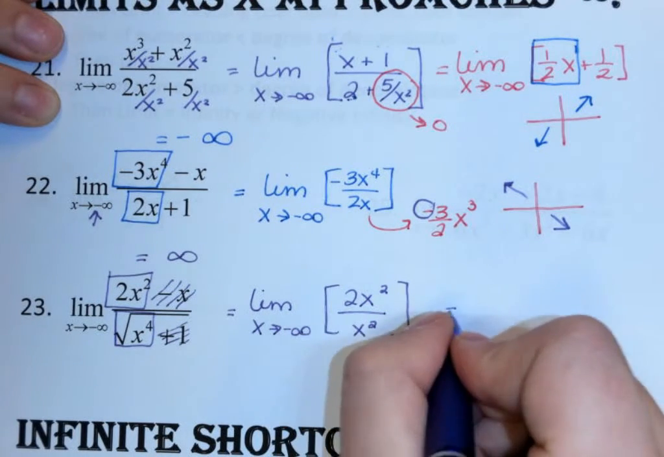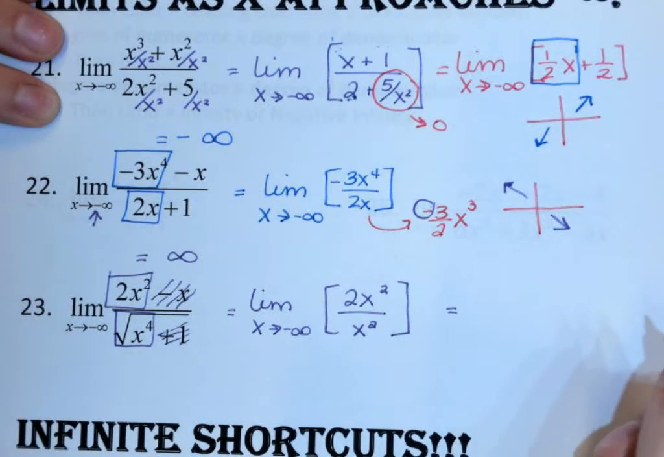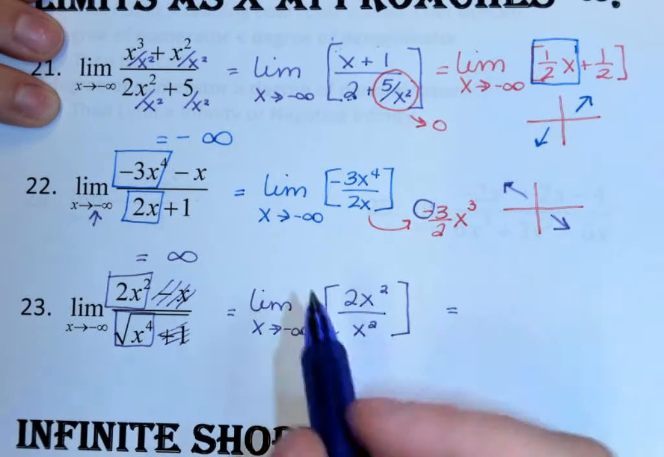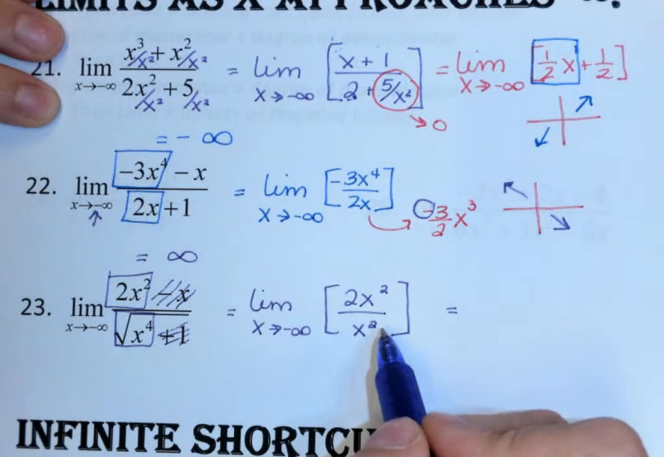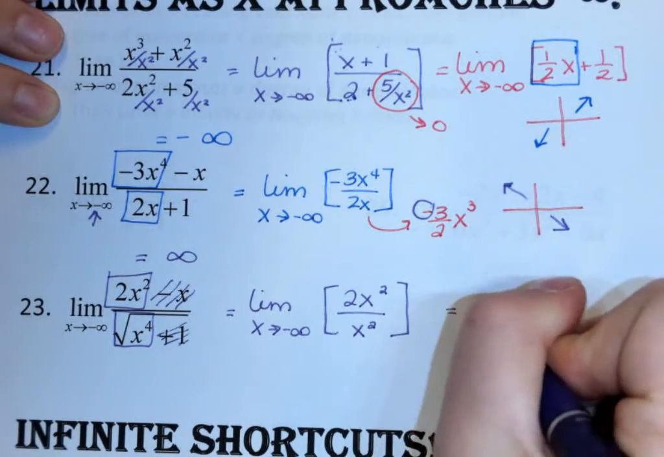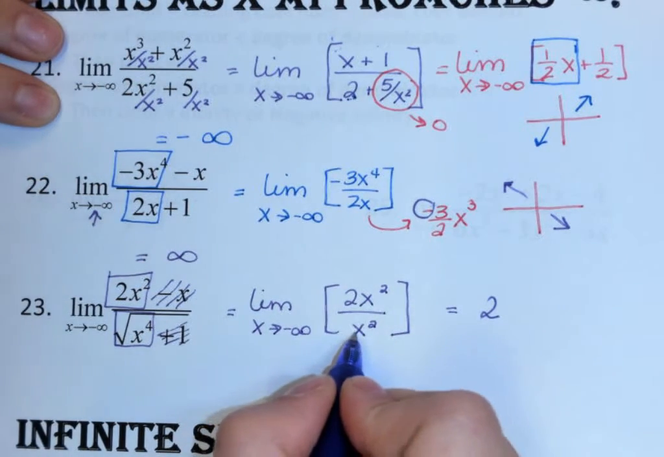So what is this one going to be equal to? Not 0. Degree of the top and the degree of the bottom are the same? 2. It's the coefficients, because that would simplify to just 2. So,